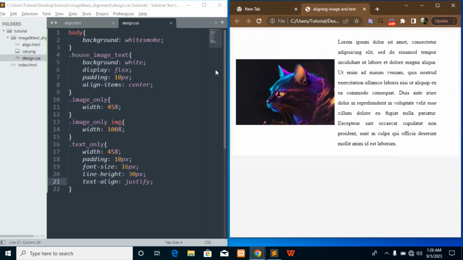So I want to build now for a mobile device. If you don't have any knowledge of media screen, please watch to the end of this video. There is a video in the description below that gives you a brief tutorial on media screen. Or you can simply watch to the end of this video and click on the end screen that will pop up. So let's start straight on media screen.